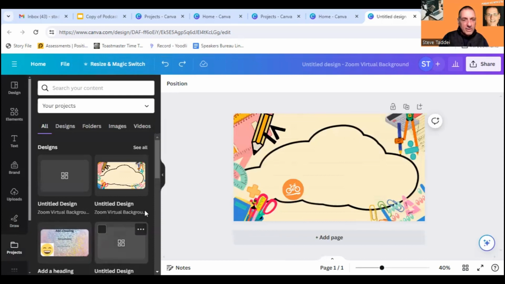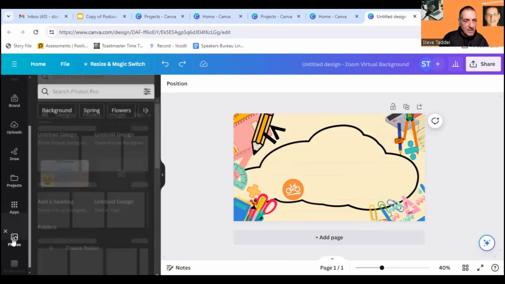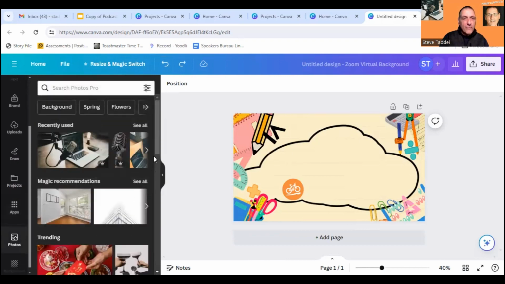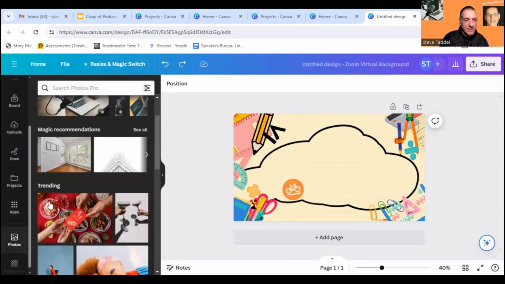These are different projects where you can store them. There's different photos. There's stock photos that you can upload. I generally like to use my own photos as much as I can.